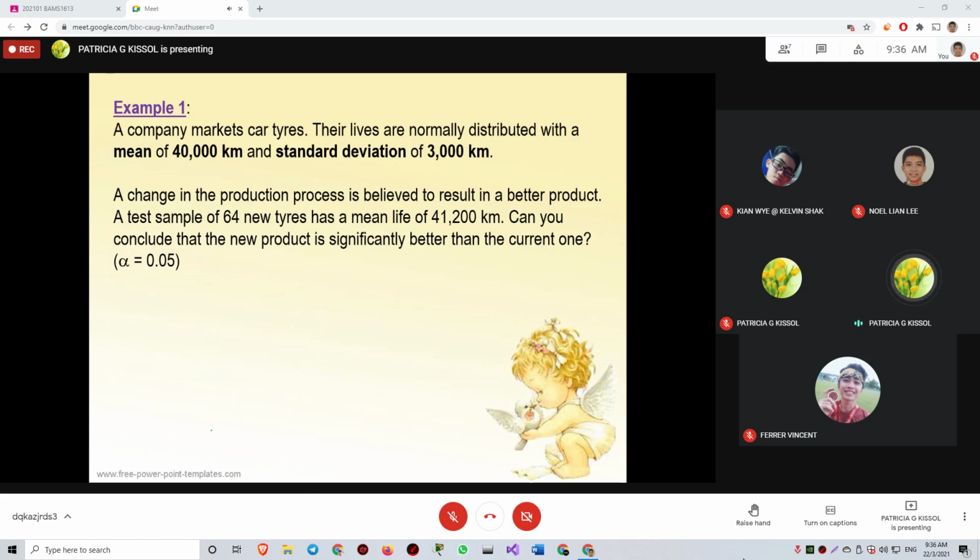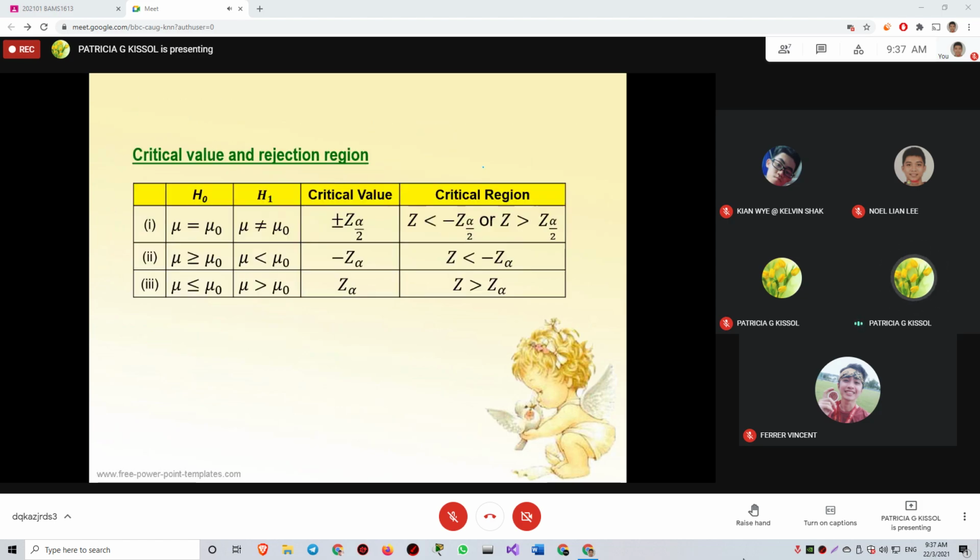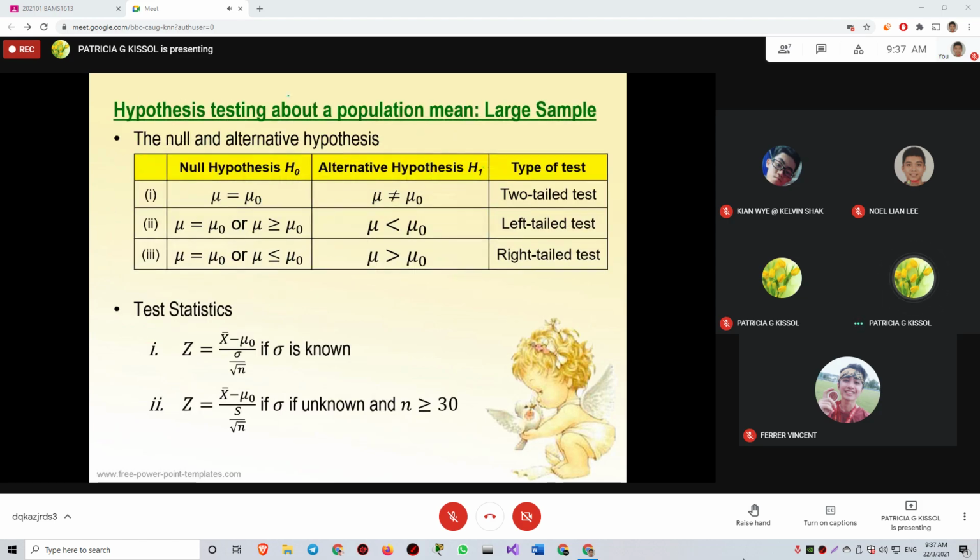It does tell us the mean is this value, but no information about the standard deviation. We can assume that the standard deviation is unknown in such a case. This is for the population basically. But if I go back to the slide which I explained to you just now, if the standard deviation is known, then we use it. I got mixed up. So by right,